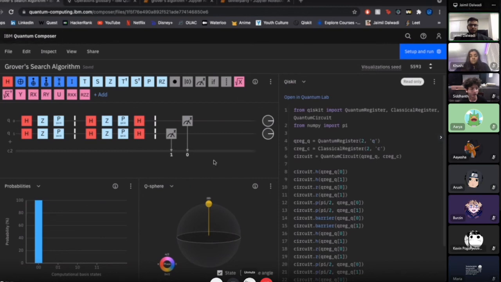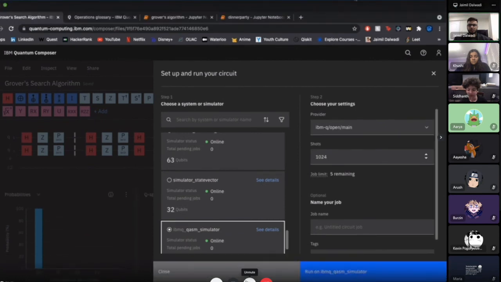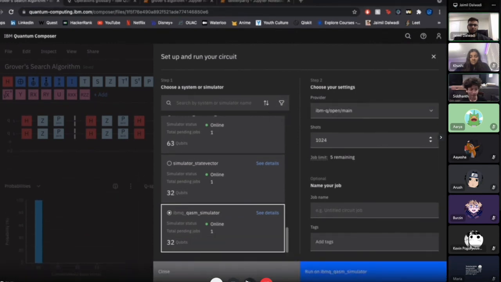So once you have this, you can actually click setup and run, and it's going to show you this here. Just check the time real quick. It's getting very close. Note, I just wanted to bring up, we only have roughly 4 to 5 minutes left, but yeah, I think we'll be able to wrap up by then.